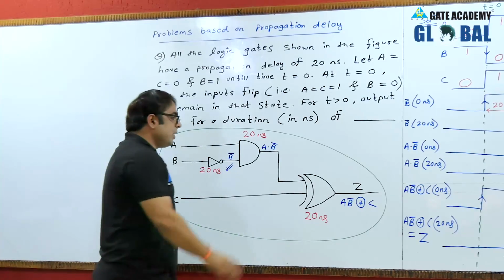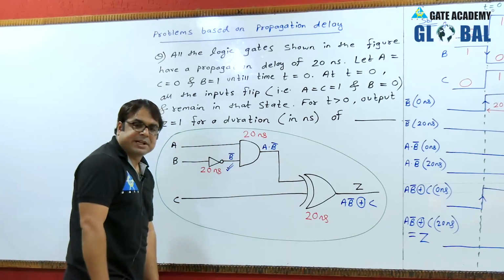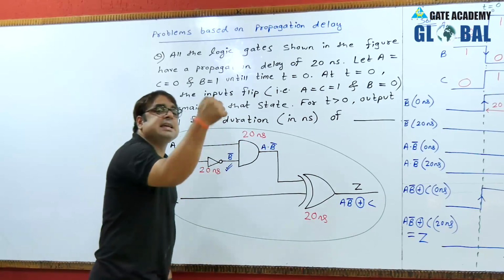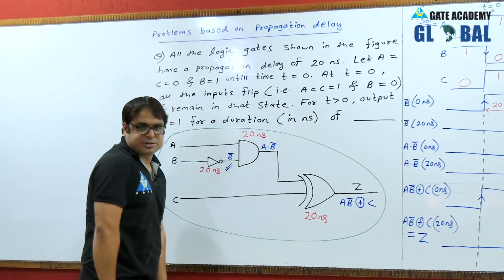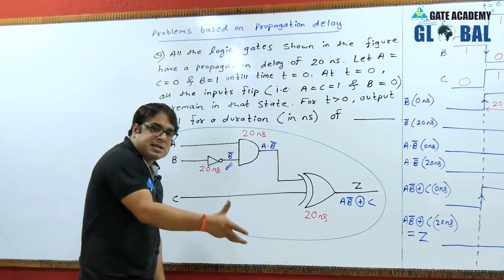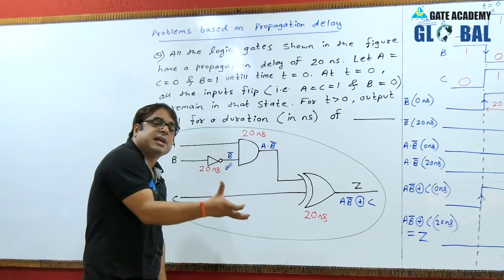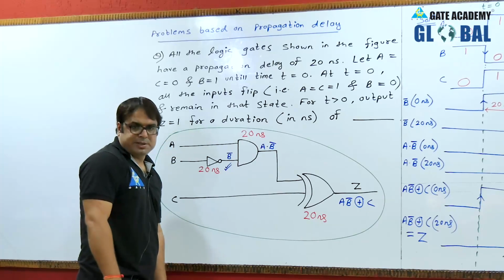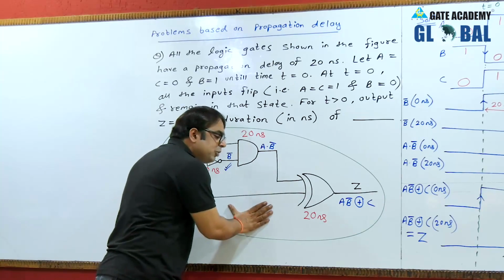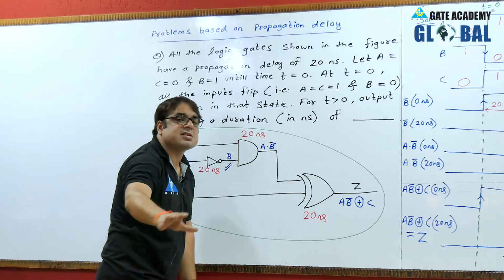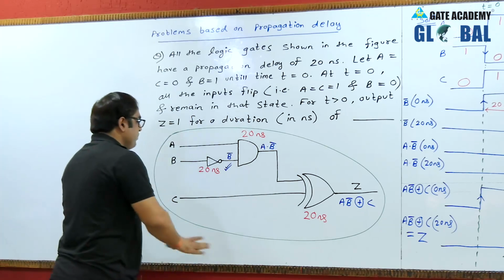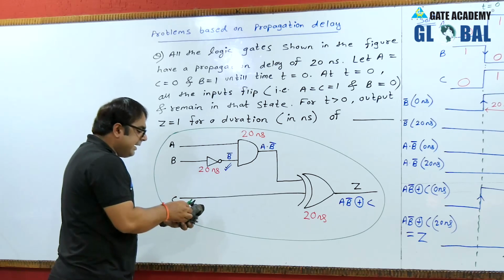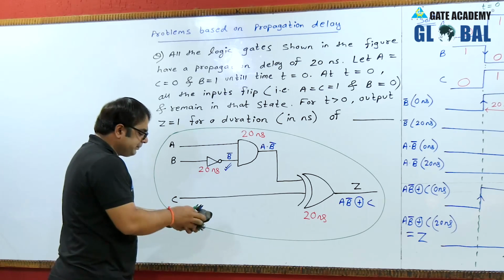So if it is simply given to find the propagation delay, by default we are going to find the worst case propagation delay, and that is the easiest to find in all questions. Where the pain is, or where you have to give your effort, is if it is asked for some particular input combination. So let us come to the easy part first, the worst case propagation delay. You will apply the input at 0 nanosecond.